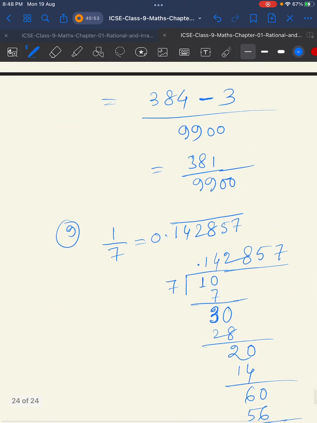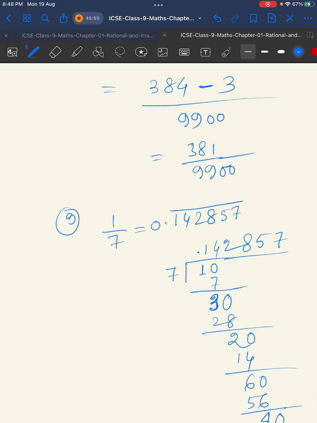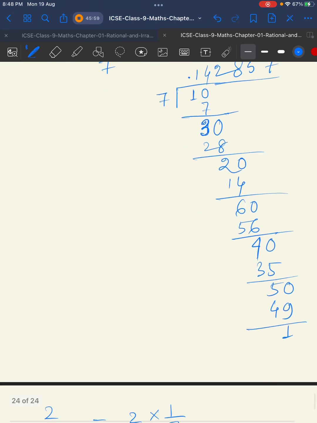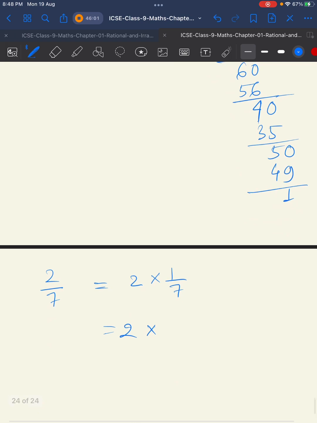So we already got 1 by 7 is 0.142857 bar. Now we multiply 2 with this term, so we will get